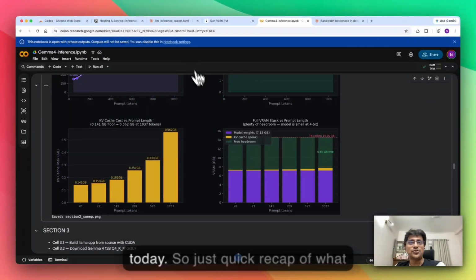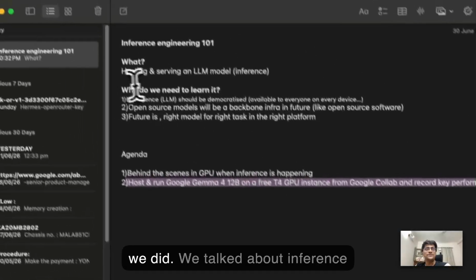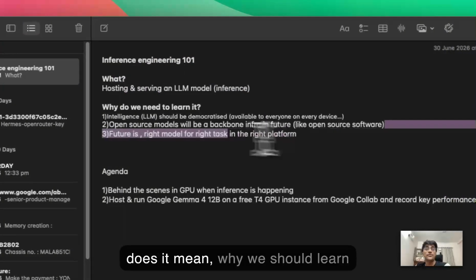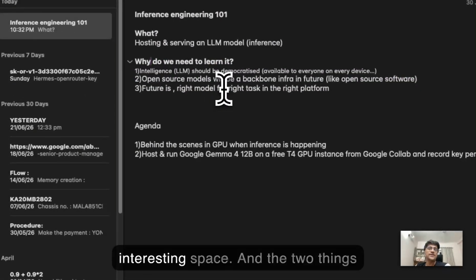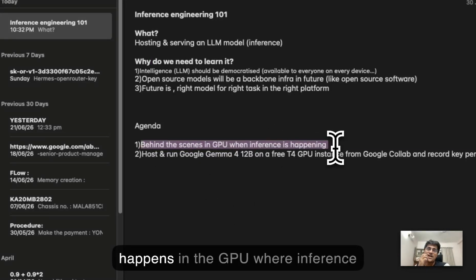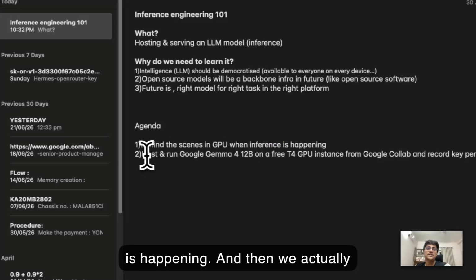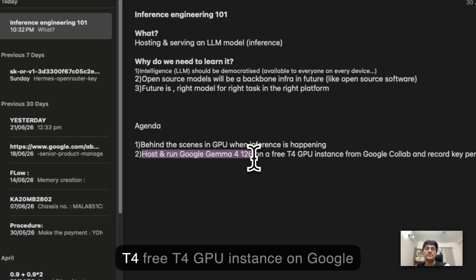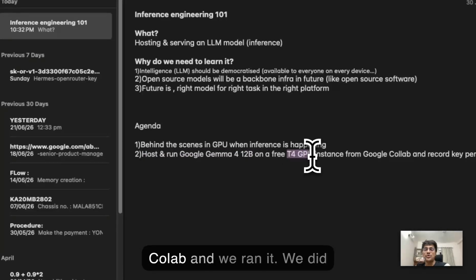That's about it for today. Just a quick recap of what we did. We talked about inference engineering, what it means and why we should learn it. I think it's a very, very interesting space. And the two things we learned are, at a very high level, what happens in the GPU where inference is happening, and then we actually hosted Google Gemma4 12B on a free T4 GPU instance on Google Colab, and